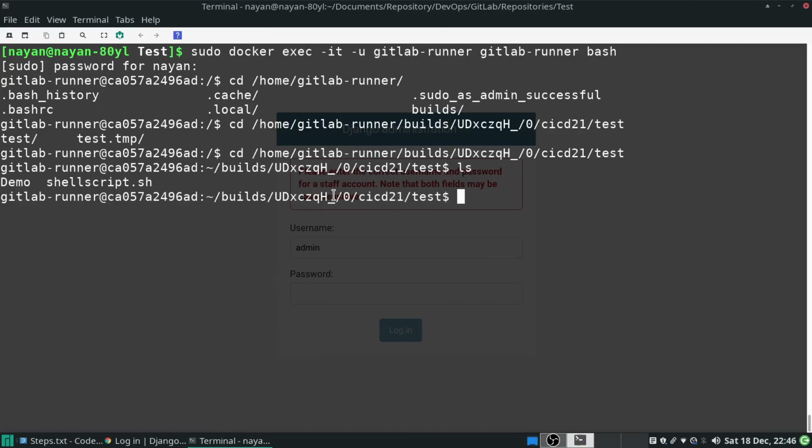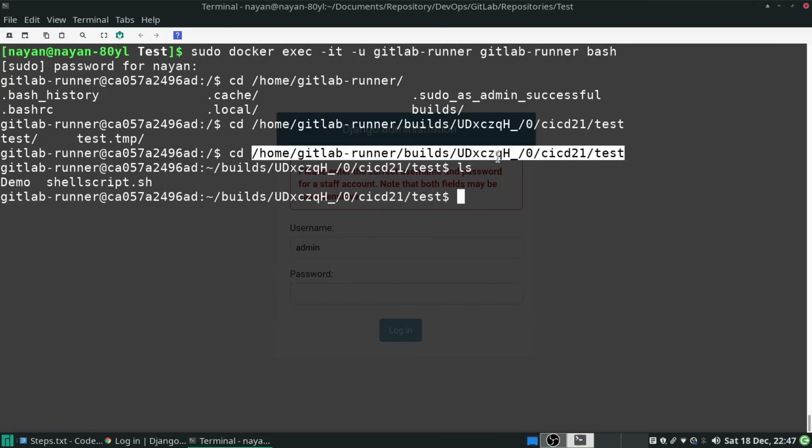If I say ls, you can see this is the demo folder which contains the Django project, and this is the shellscript.sh that we saw on my host machine. So whatever is there on my host machine, like this demo folder and shellscript.sh, has been copied to this builds folder under this runner ID.